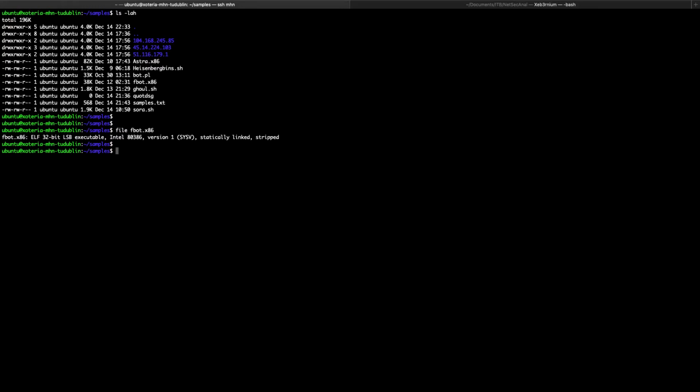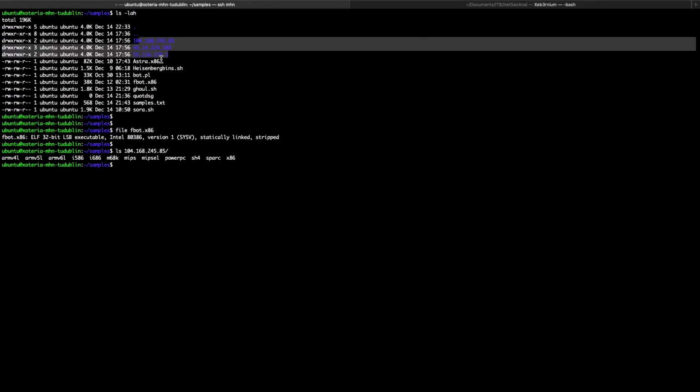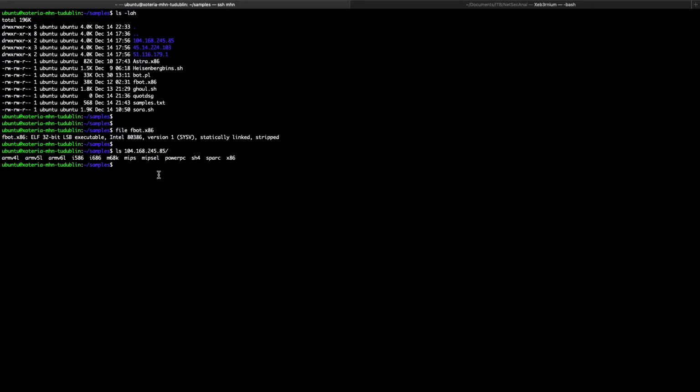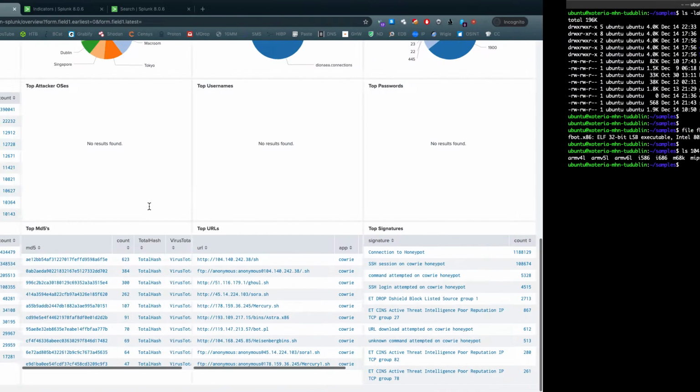For example, these three IP addresses had a shell script that would call all these and execute them, and they were all Linux executables, really. But what I found interesting was why not use your own VPS